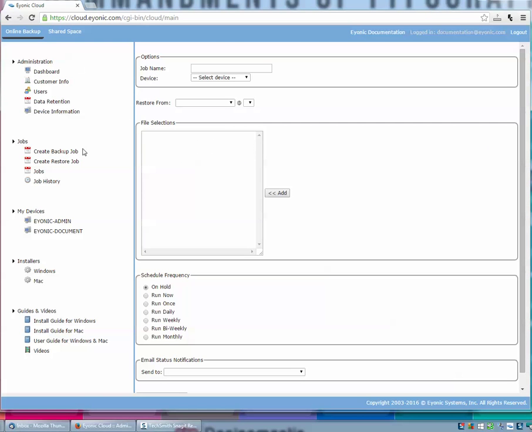So from the dashboard, I would click restore job. I'm going to click a name. So I'm going to say recover files. And then you would select the device you want to recover those files from. So I'm going to say the machine, in this case, the machine that I had backed them up from, and